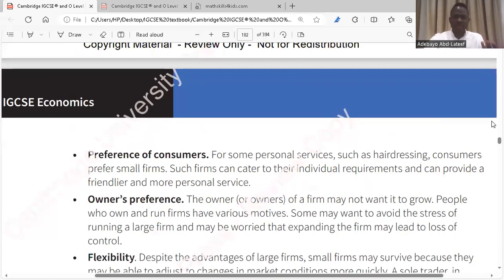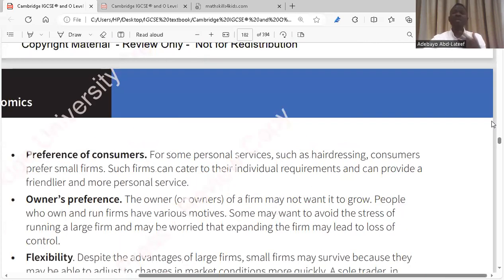The second one is about the preference of consumers. Some consumers want personalized services. One of the strategies of marketing, and one of the reasons for market research, is to anticipate the needs of customers. So in the course of anticipating the needs of customers, you'll be able to know what customers need. Oh, customers in this country need personalized services. If they need personalized services, that means the firm doesn't have to be so big, because we call it personalized service. So you don't have to be so big before you can attend to this type of customers. So some firms remain small because of the needs or preferences of consumers.